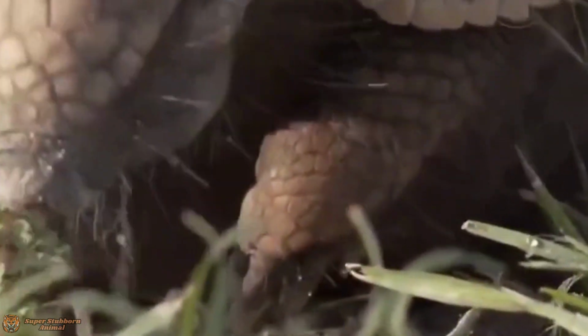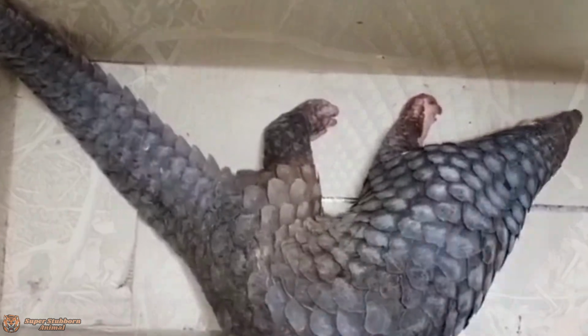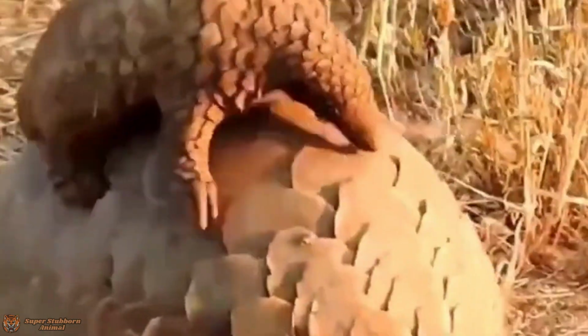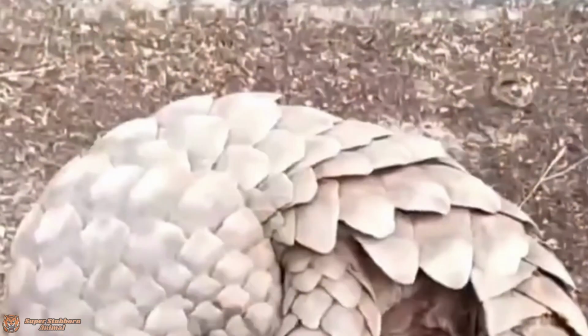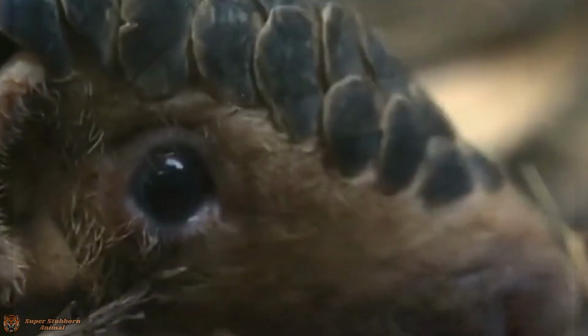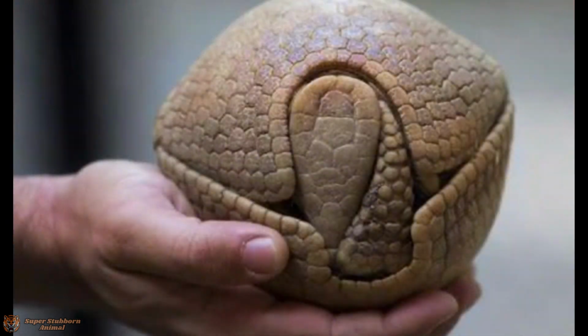Speaking of which, some species can roll into a perfect ball. The Three-Banded Armadillo is a master of this move. When danger approaches, it folds inward, tucking its face snugly between its back legs. And yes, that means nose to butt. We all have our ways of coping with fear. That's theirs. On the other hand,